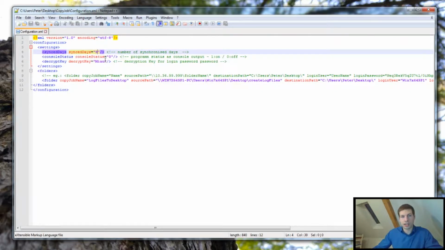In my example, I got 8 days, so it will synchronize the last 8 days from the virtual machine to my desktop on my local computer, and all the files that are older than 8 days on my local machine will be deleted. The network attached storage, or the place where your machine or process stores it, will not be affected by this. The second parameter is the console status. If we got a 0 here, we won't have any output. If we got a 1, and this is good if you want to set up the whole job and see what's actually going on, you will get some